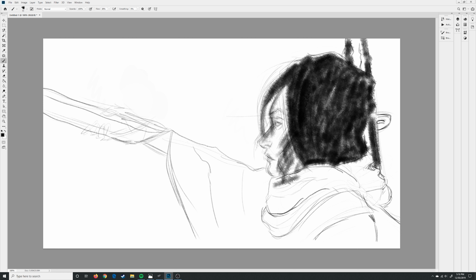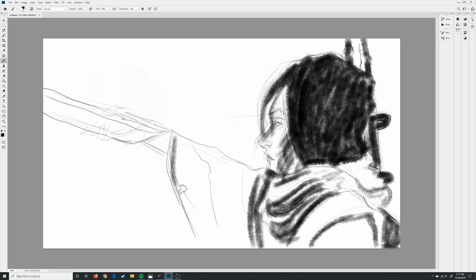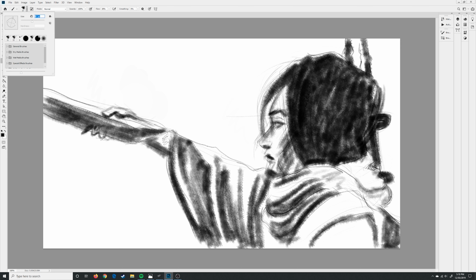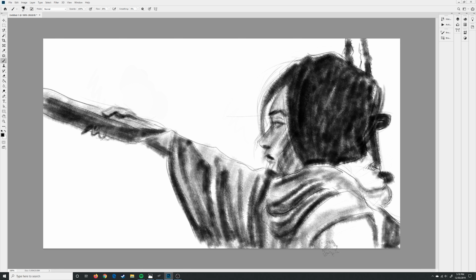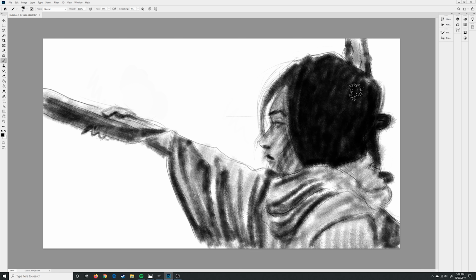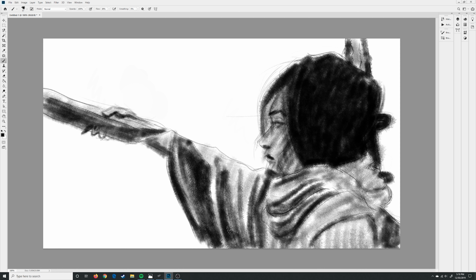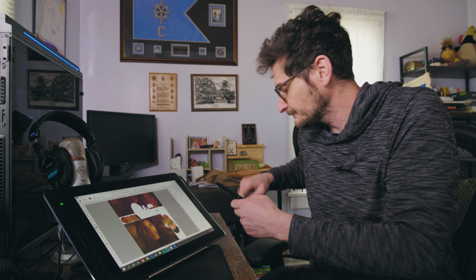So I don't think I'm going to keep this because I just really haven't used it as much, and I don't really want to just throw that money away on something that I'm not going to use a lot. But if I wanted to get one of these in the future, I think I would go with the 22-inch model. I thought this would be a good trade-off between a big monitor, but also not taking up way too much space, because I already have a bunch of stuff on my desk, as you can see. And that's also the reason I thought it would be helpful to get one of these, because this thing is just